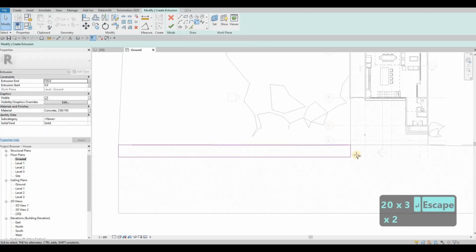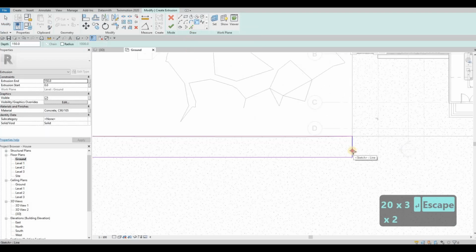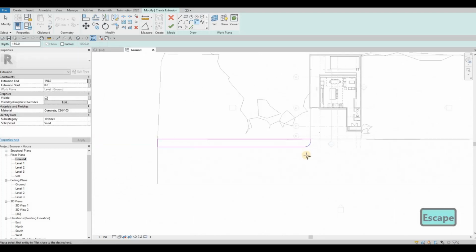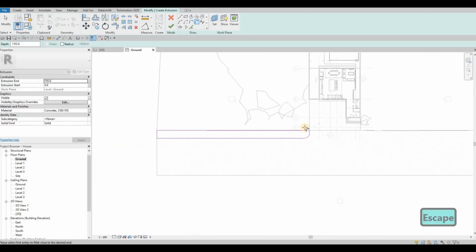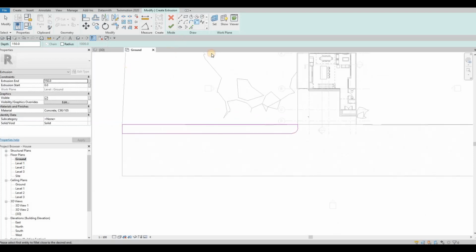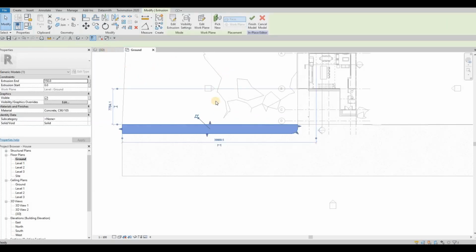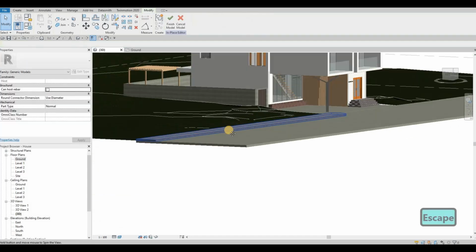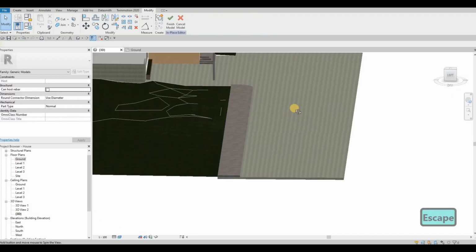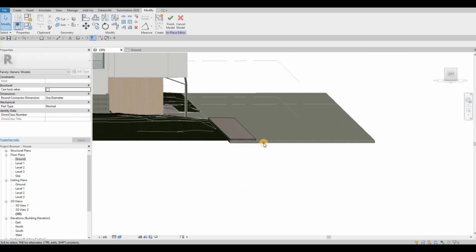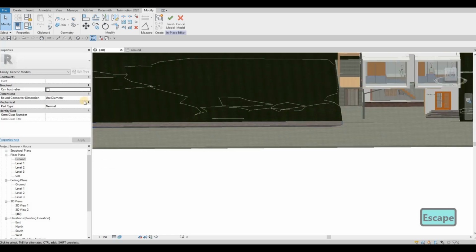And then here we could just fillet arc it like that, and then click on Finish and see it in 3D. That looks good. We can even add a